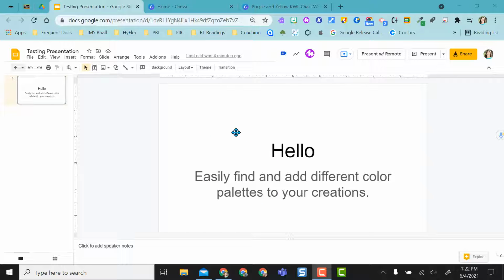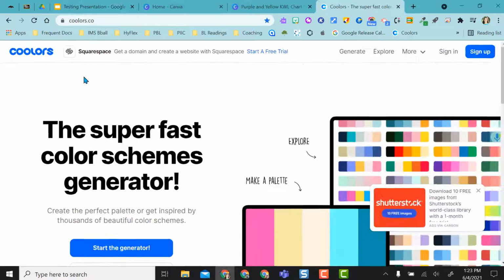I have a blank slides presentation, and remember, you can do this in anything that has the ability to add a hex code or an RGB code. For this purpose, I'm just going to show a Google Slides presentation, and I'm also going to highlight doing this in Canva as well. The first one is